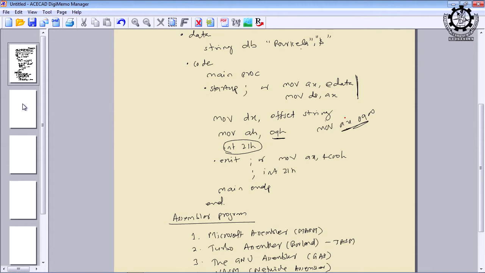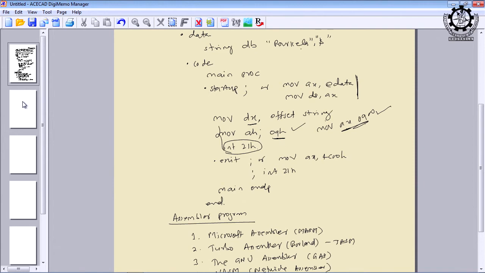Because you can also load into AX. AX means AH and AL. So the 8-bit value AH will store 09 and AL will store 00. This is correct, this is also correct. And interrupt 21H is common for displaying the data on the screen. But before using these two instructions, the data must be available in DX. That means here DX, AX and interrupt 21H are associated. You cannot arbitrarily store the value which is to be displayed in any of the registers. Any value which is to be displayed on the screen has to be moved to DX.